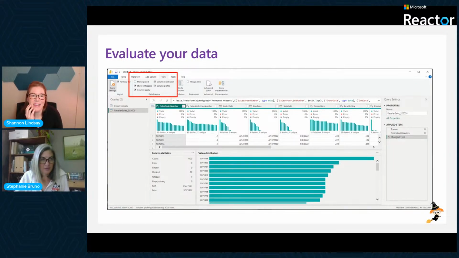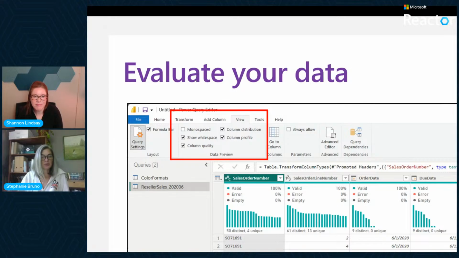And then also, yeah, we saw the statistics. Yes, can I jump in with a question? What if I forget to do this? What if I load the data and I forget to look at this? Can I go back? Oh, yes, easy peasy. So you just turn those on. You do not have to reload the data to be able to see that. Those check marks are just whether or not you're seeing it. But it's already there. So if you have forgotten to do it, just turn it on later and you will